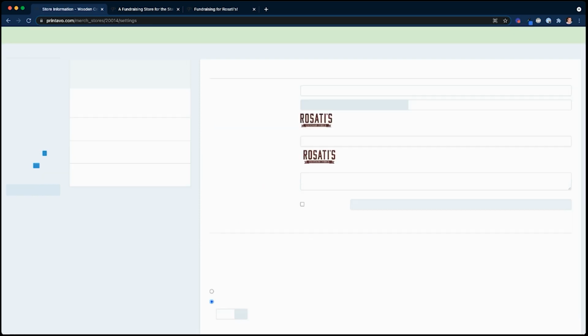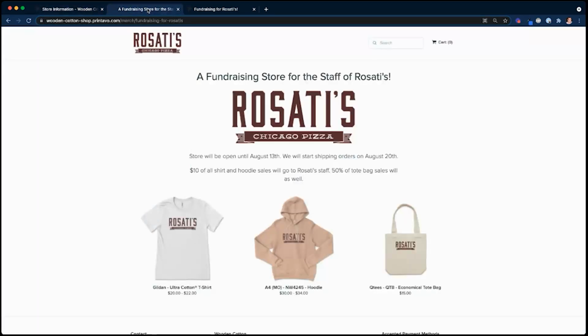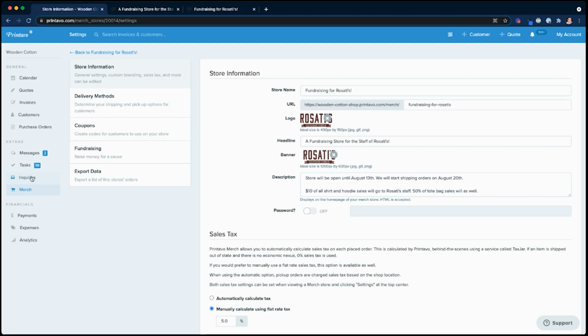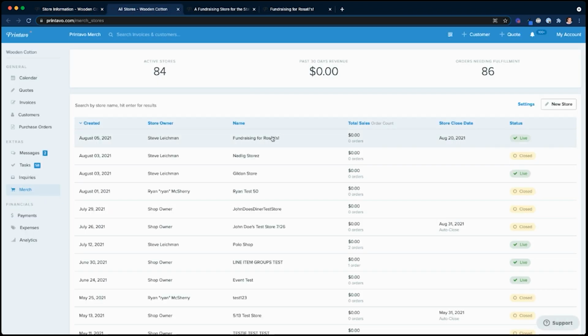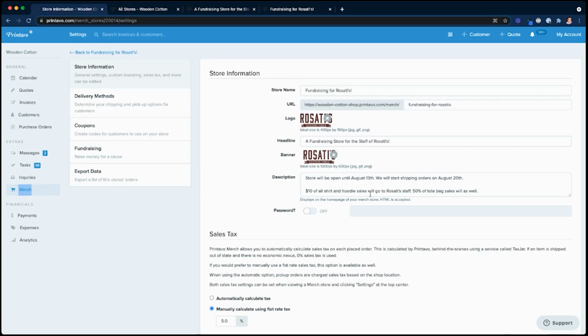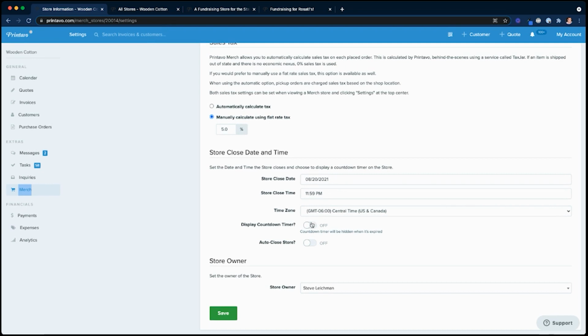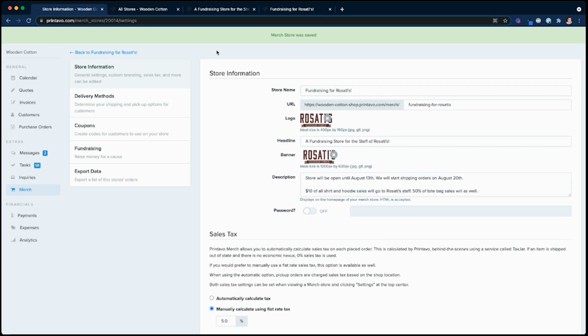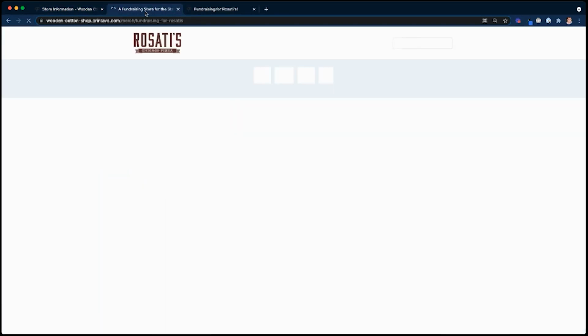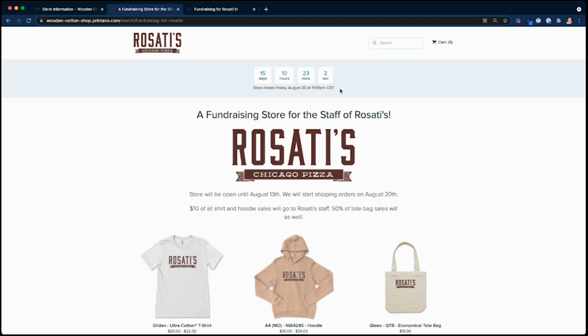Now, if I save this and I refresh, you're not going to see any changes. All we've done, if you think about our merch store overview, is we now have a store close date associated with our store. So if I want to sort by close date, we can do that. If I want to display a countdown timer on the store, now if I go to my store and refresh it, hey, we got 15 days to